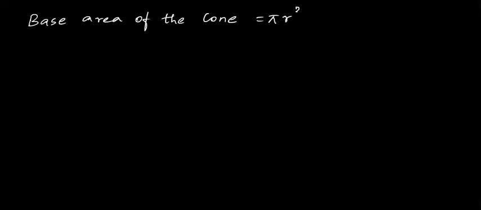So in the question they have given, in a tent, four persons are living and the slant height of the cone is 19 centimeter and each person requires 22 centimeter square of the floor area. So first we'll write the base area of the cone, that is pi r square units.